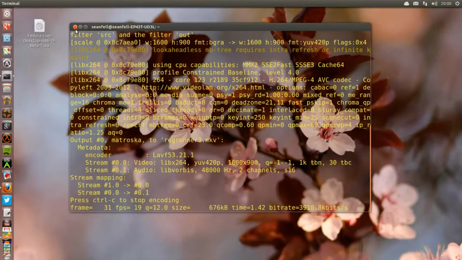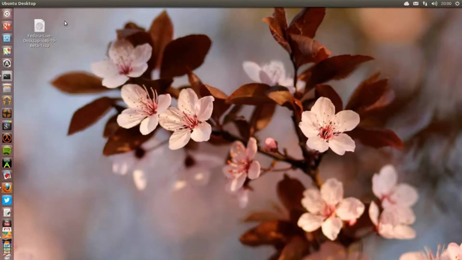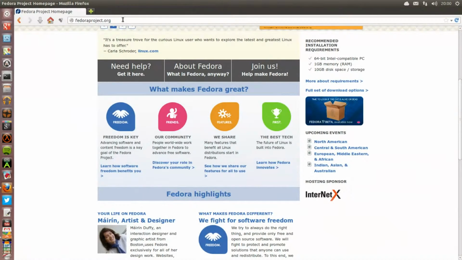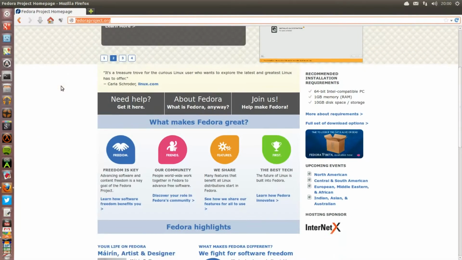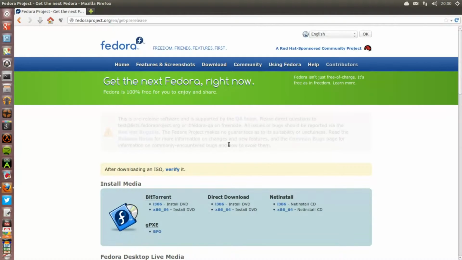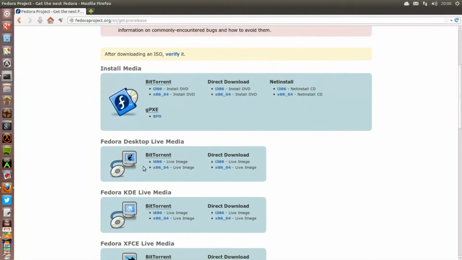Oh hi, today we're looking at installing Fedora 19, which came out in a beta version, beta 1. Go to fedora.org, I'll leave everything in the description, and you'll see here the beta is now available. And you can see I just installed the live image, direct download or BitTorrent,